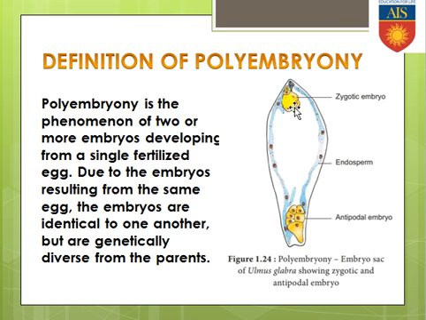Here, different types of embryos can be found. One is the zygotic embryo, which is commonly formed due to the fertilization of the first male gamete with the egg. But if the second male gamete fertilizes the polar nuclei, then it will be considered a polar nuclei embryo. And if the second male gamete fertilizes the antipodal cells, then an antipodal embryo will be formed. So zygotic embryo, antipodal embryo and polar nuclei embryo can be formed. And when more than two embryos form in this event, obviously this will be considered polyembryony. So this is the polyembryony portion where multiple embryos are forming.